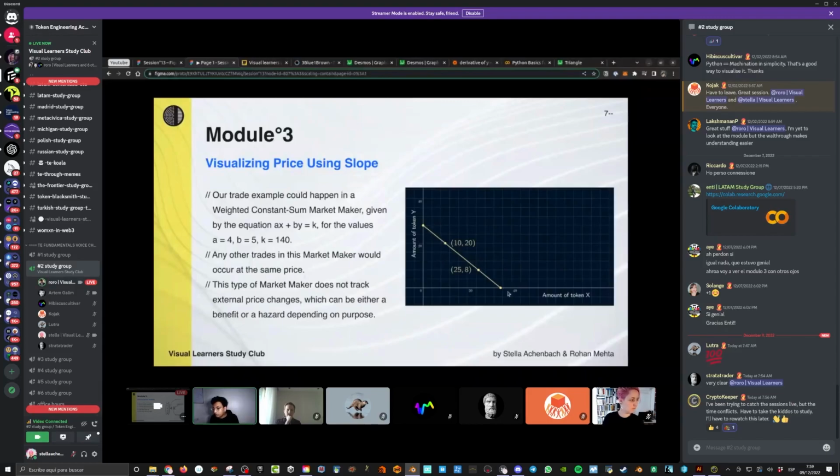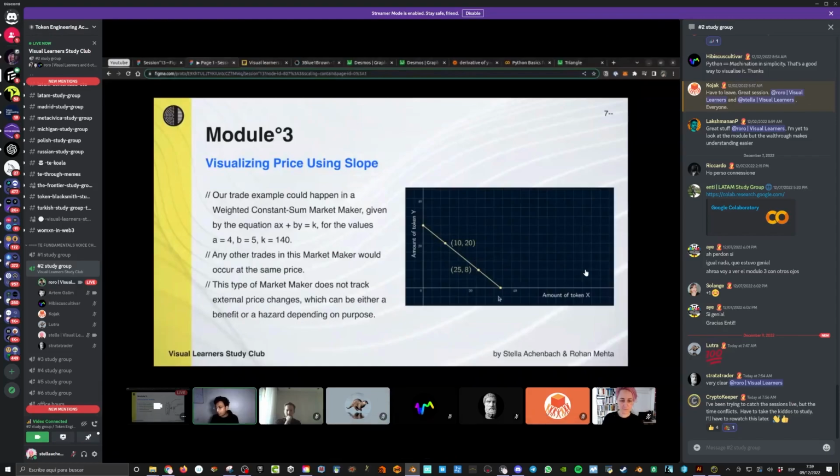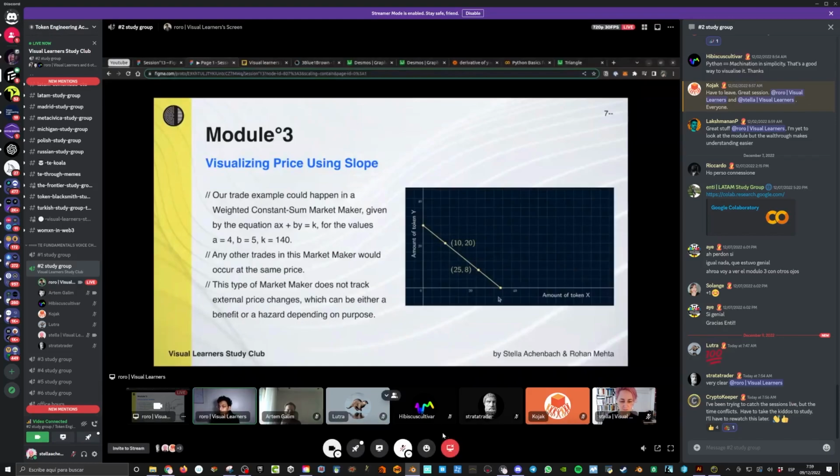Since the slope is constant, we have the same price wherever we are. If we are out here on the line or out here on the line, the price of y divided by x will always be the same. Because to get delta y out of the system, delta y by delta x will always be constant, because the slope is constant, because it's one straight line. Is this clear to us?